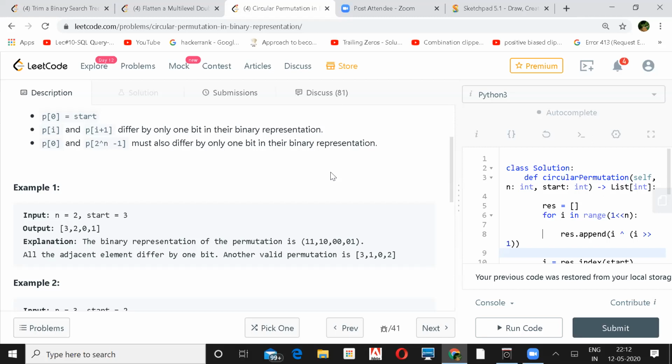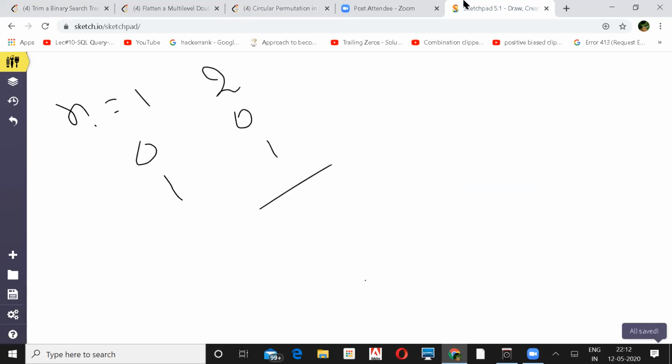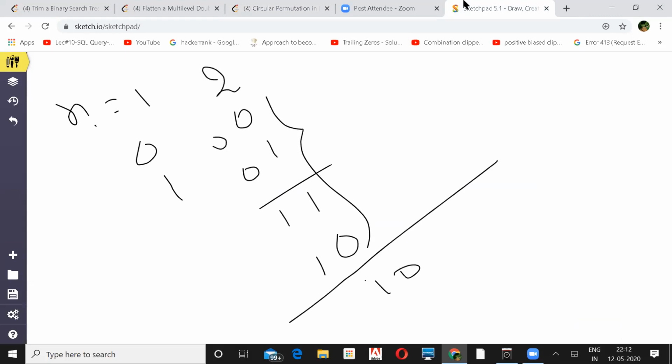Yeah. So gray code is like, let's say for n equal to 1, you'll have gray code as 0 and 1. For 2, you take 0 and 1 and take the reflection of it about this line. So you'll have 1 and 0, and to the original you add 0, and to the reversed one you add 1. So this is the gray code for 2. For 3, you reverse it like 1 0 1 1 0 1 0 0, and to the original you add 0 0 0, and to the reversed you add 1 1 1. This is your gray code.